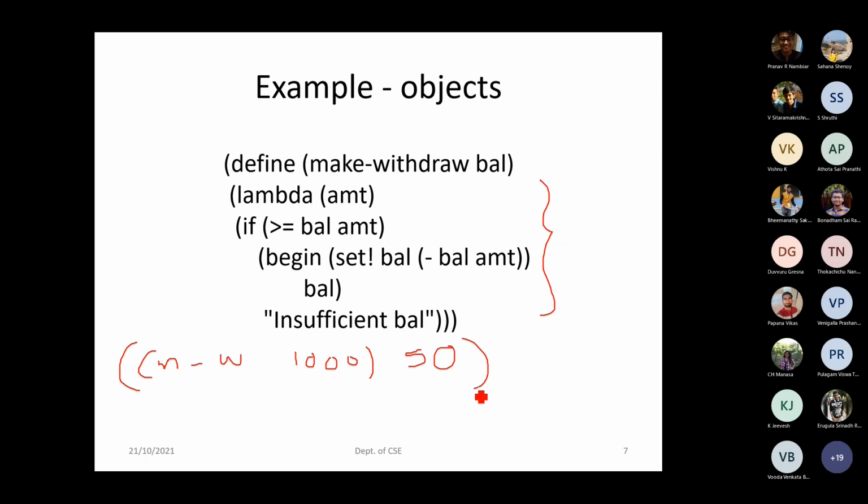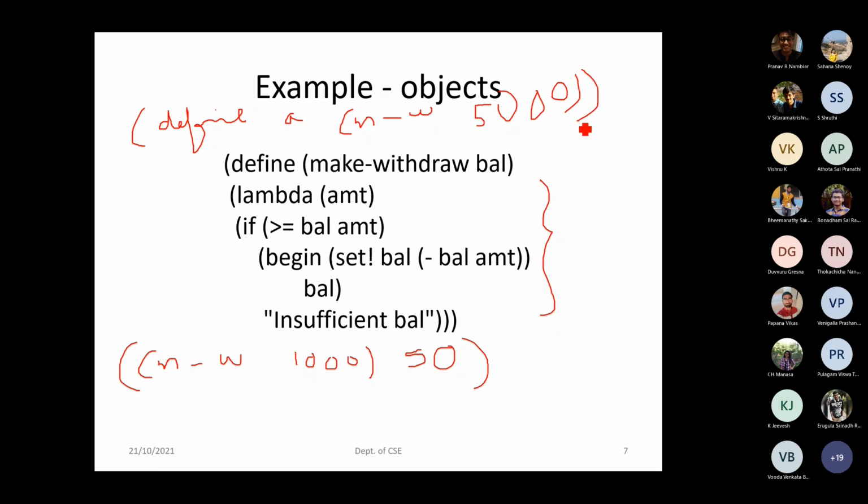Initially it was a variable and now it is a procedure. Now, instead of calling the procedure like this, each time I get a new user, I can set it with respect to that particular name of the object. Say A is my first person. I can say make-withdraw. The first time I create the account, I set the initial amount of balance to be 5,000.